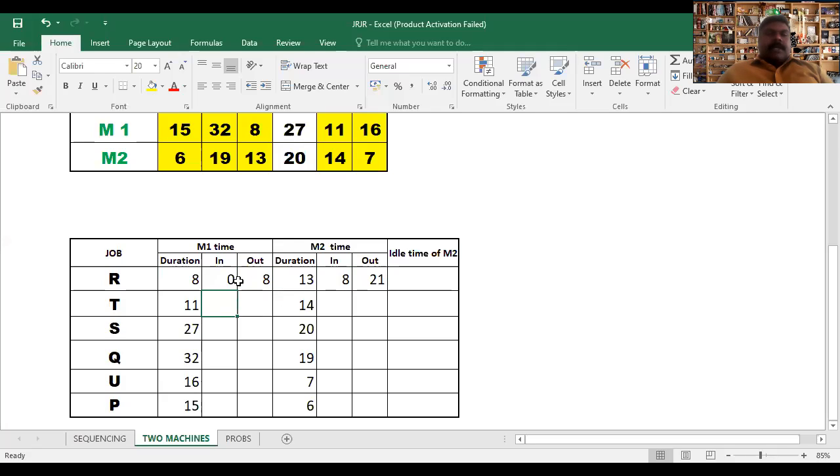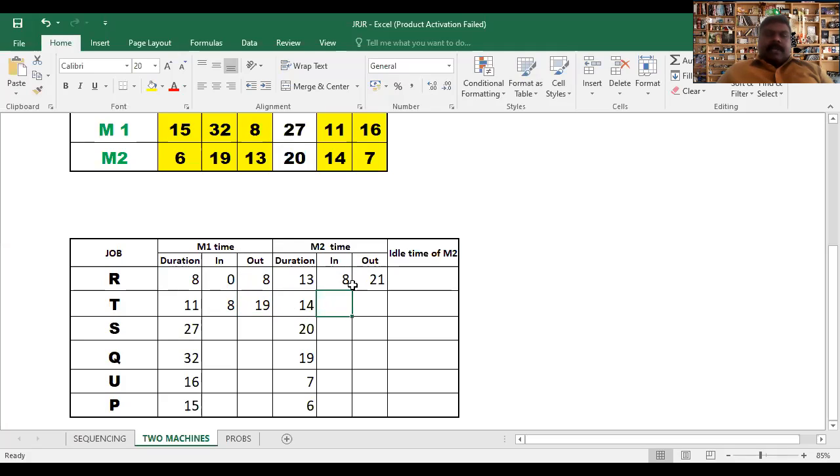But M1 need not be idle, so they can start the work and make it 19. Here, observe that the T work has been completed at 19, but M2